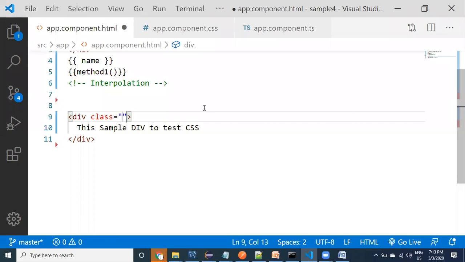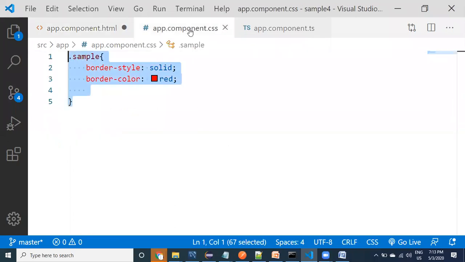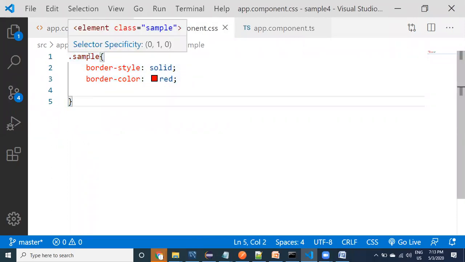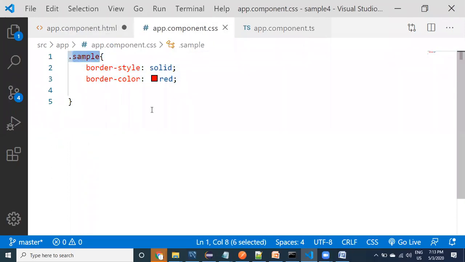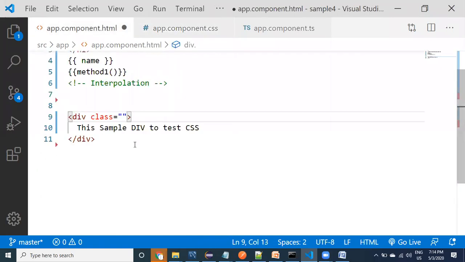I go to the CSS file and check the class name, sample class, and then I come back to the HTML file. In the div I provide the sample class. This is a very basic class I have applied to the div.